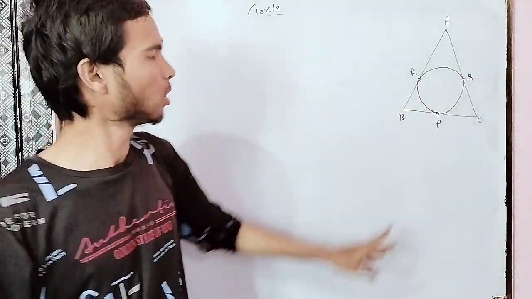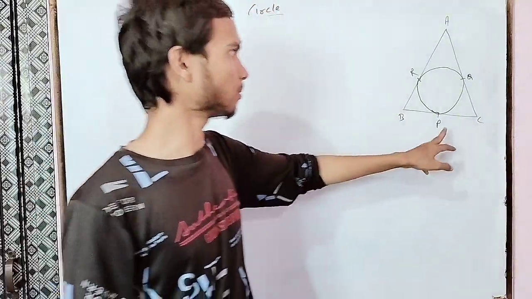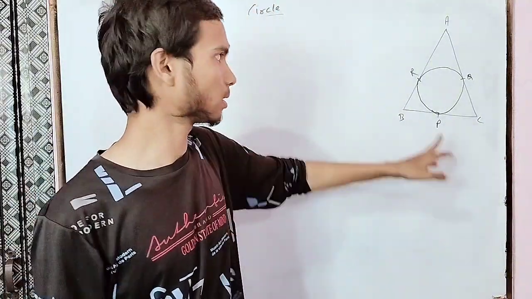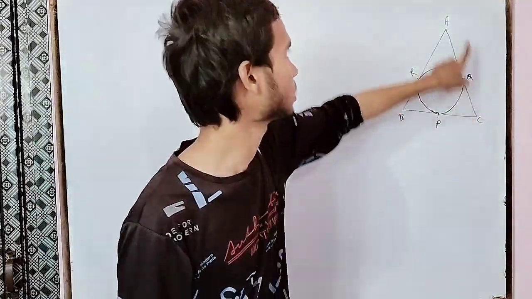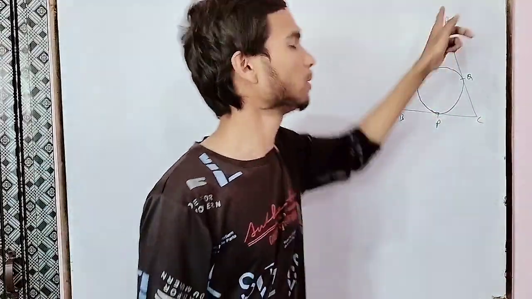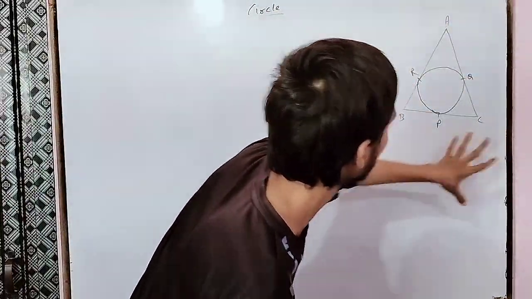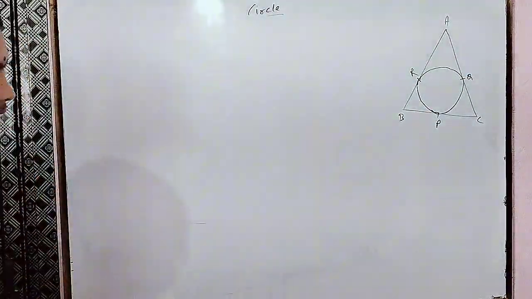You already know, here BC is a tangent line because it is touching the circle at point P. AC is also a tangent to the circle. AB is also a tangent, you already know. And ABC is forming a triangle, isn't it? So we have to prove